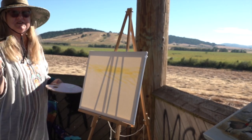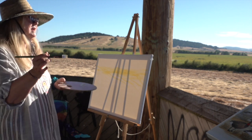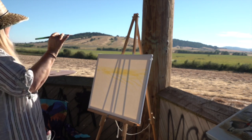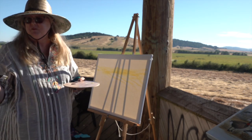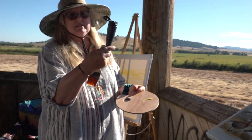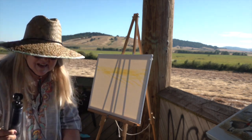Okay, there's some bushes in this picture, and they're out in the distance. I don't know if you could see them, but they're right before the slough. They're right at the edge of the hay. So we're going to use the big brush and put the bushes in. This paint is so new that this Master's Touch acrylic paint still has